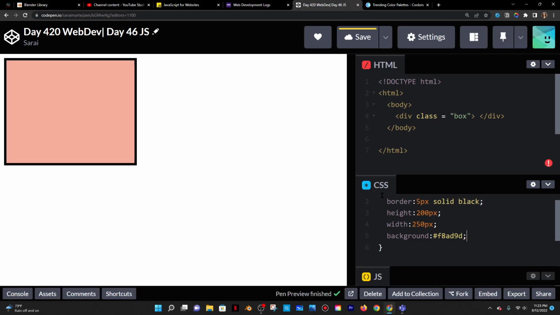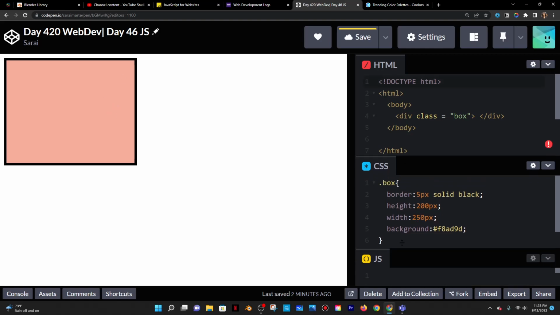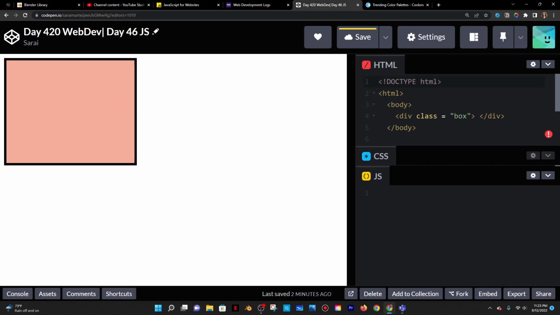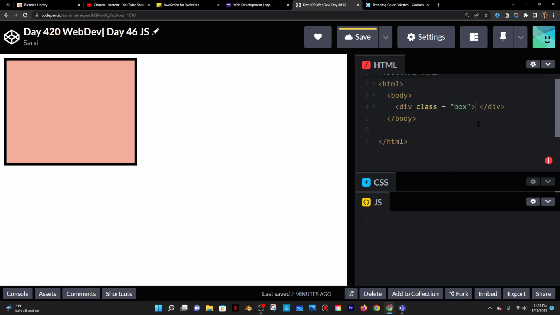All right, and so then this is where JavaScript comes in now. So the point is when I click on the box, I would want the background color to change. So I'm going to go to JavaScript, and I'm going to have to target the actual box. And to do that, I might as well just give it an ID of box just so that things are easier for me. So here in JavaScript, I'll create a variable called box, and then I'll have to access the